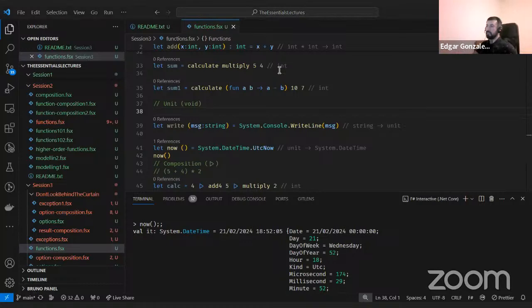Yep, makes a lot of sense. One of the ways I tend to approach it is, when I am working, I just put most of the type annotations, and then when I'm done, I'm just removing them unless the compiler is, as you say, consuming some .NET API, and then I just leave the type. But yeah, most of the time the compiler will be able to just infer the type, and you will be good to go.